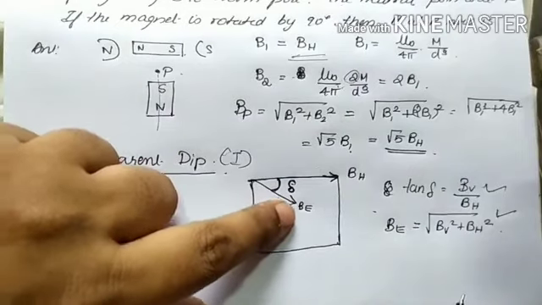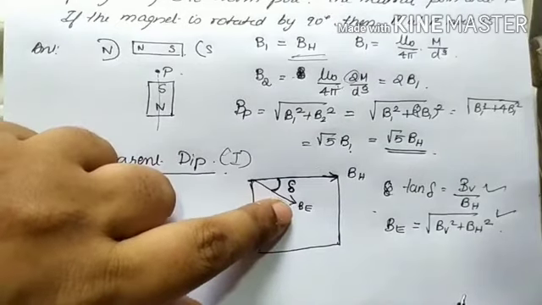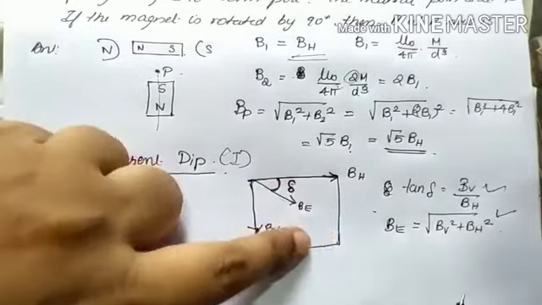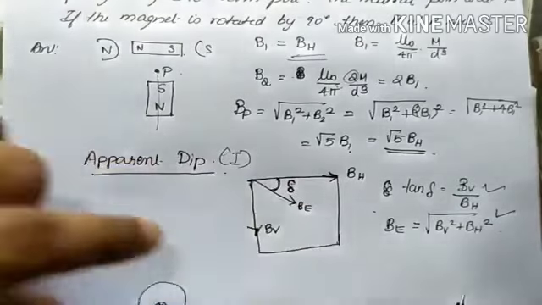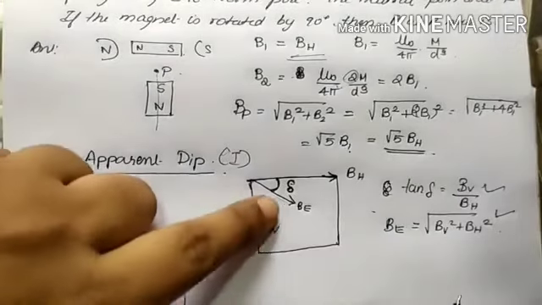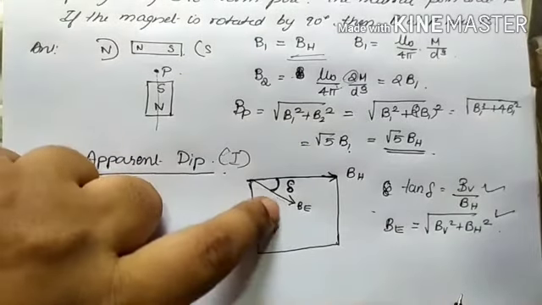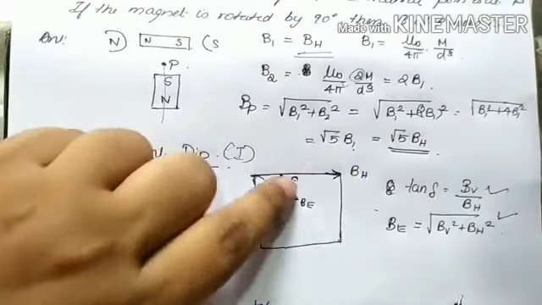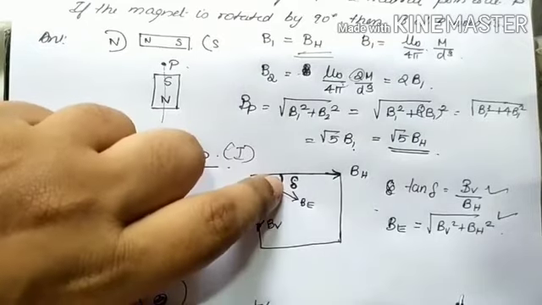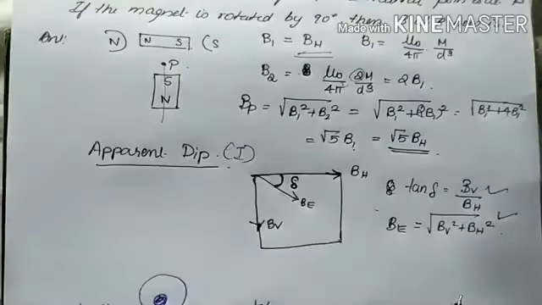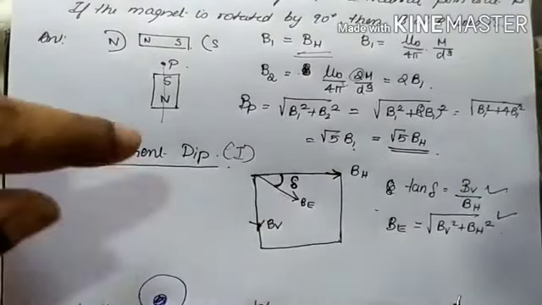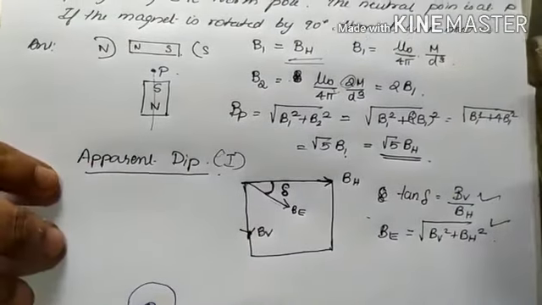So in this entire scenario, I was dealing with only one meridian, right? These components, this angle, were all lying in this plane, and we name this plane as what? Magnetic meridian. So the angle which is made by the dip needle with the horizontal component, when the dip needle is lying on the magnetic meridian, is known as the dip angle.